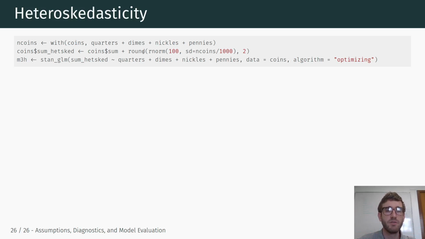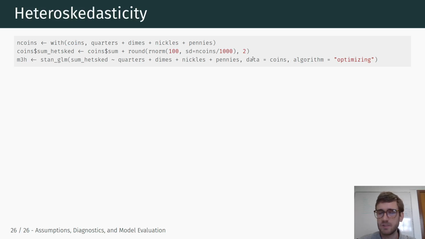Or a larger number of coins confuses you or something like that, right? So in order to take that into account, we add an additional error in our sum, where the standard deviation of that noise depends on the number of coins, and I just divide this by 1000 to give it a reasonable scale in the context of the specific